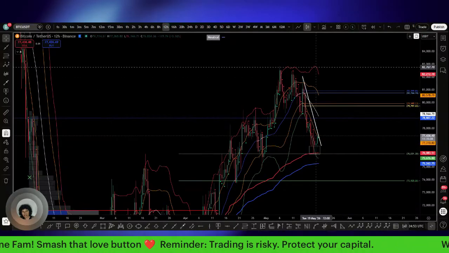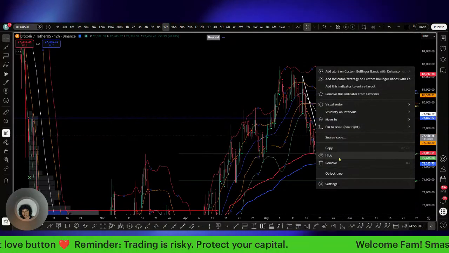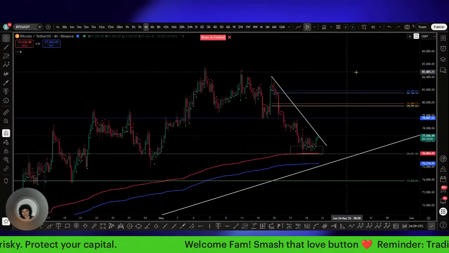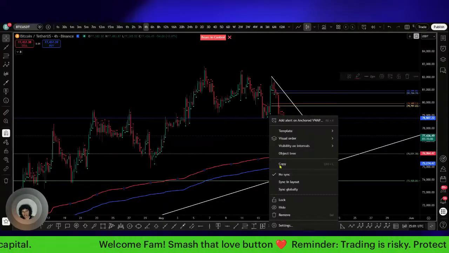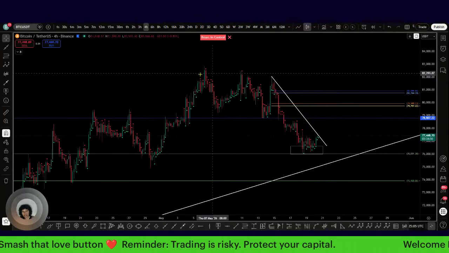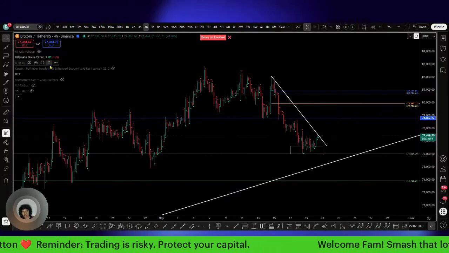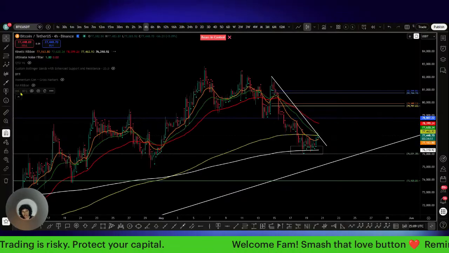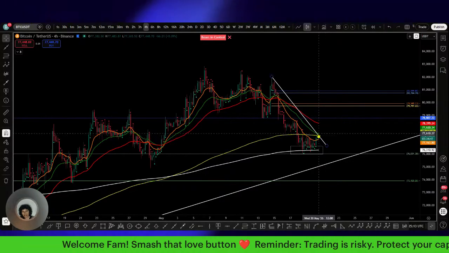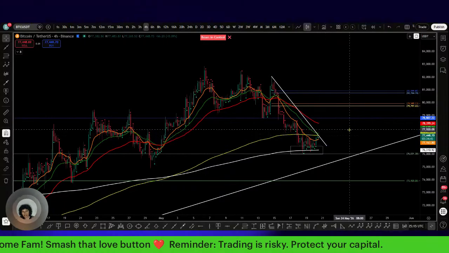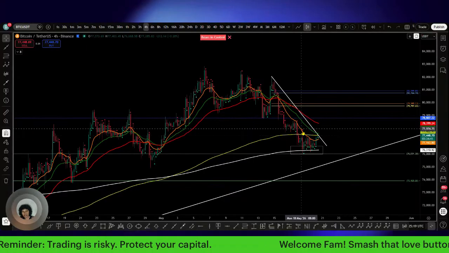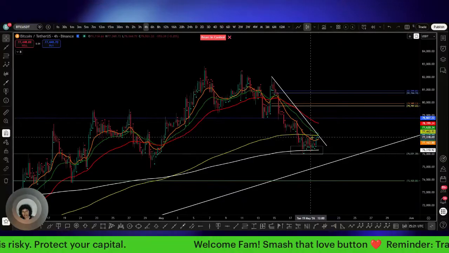I know over here we're just at the 4-hour. I'm gonna hide these for now. I don't really need to see those VWAPs. We're at the mean, like a mean reversion right here. It's what we actually tapped into right there for our mean reversion as we're trying to curve out and come back up.